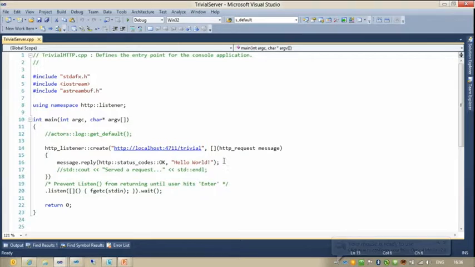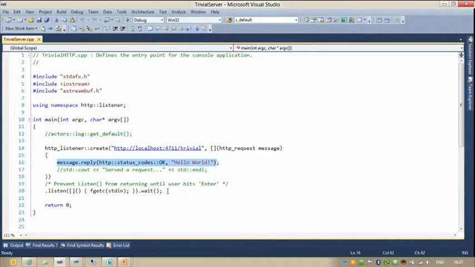The body of the server, the lambda that is the response to each HTTP message that comes in, is this message reply. We send out the status code OK with the text hello world. And then, because we're in a console application where returning from the main program would mean killing it, we have to prevent it from returning.